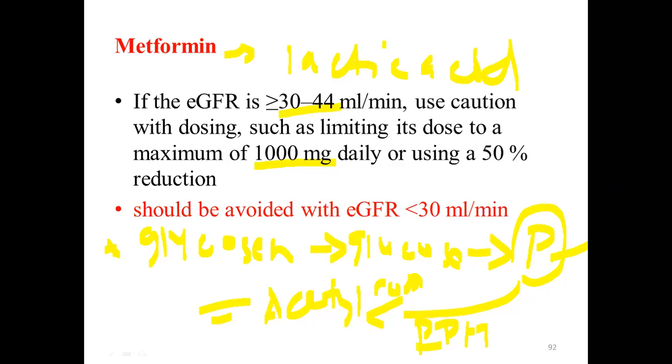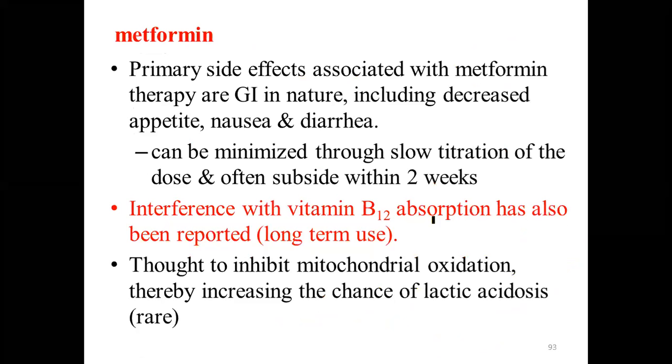So aerobic oxidation of glucose will be inhibited because of its ability to inhibit this enzyme, and the risk of lactic acidosis will be very high. Specifically, when a patient has an underlying renal problem, the clearance of acid from the kidney will be reduced, and this ultimately increases the risk of lactic acidosis. Because of that, generally speaking, try to avoid the use of metformin if the eGFR is less than 30 ml per minute. But most of the guidelines don't recommend metformin even when the patient has renal problems.